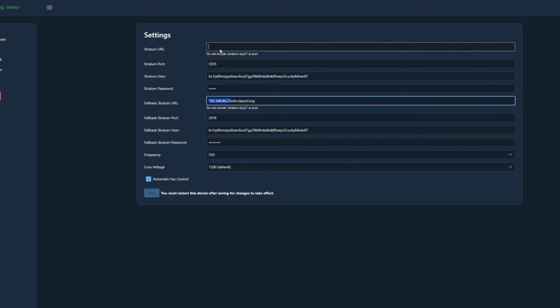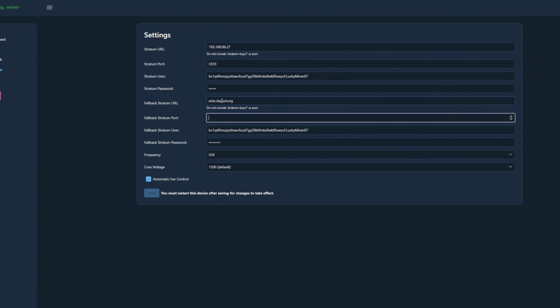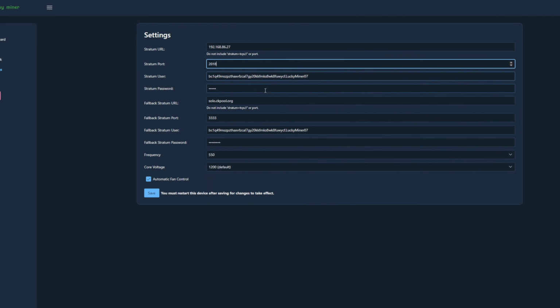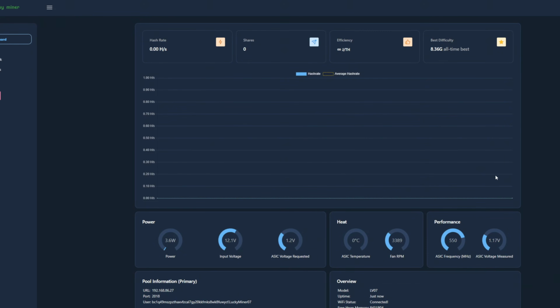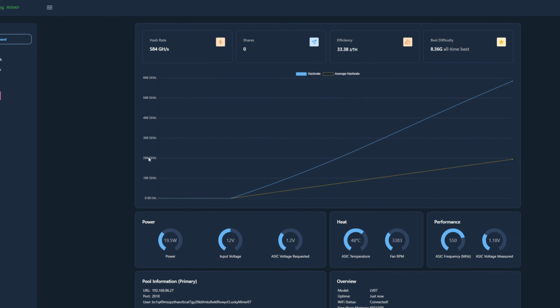And I'm going to move that up there, and we're going to switch the ports around here because CK Pool uses a different port than that, but the address and everything else is the same. I'm going to go ahead and click save, and I'm going to go ahead and click restart. And this process is pretty much the same process. When you change your pools, you are going to have to restart your ASIC machine. So it does require that restart, and you can see that we've already got this thing